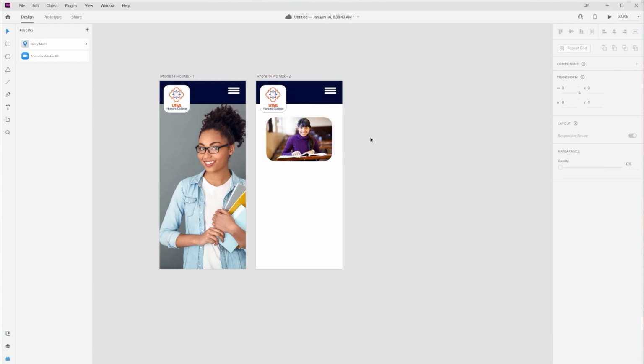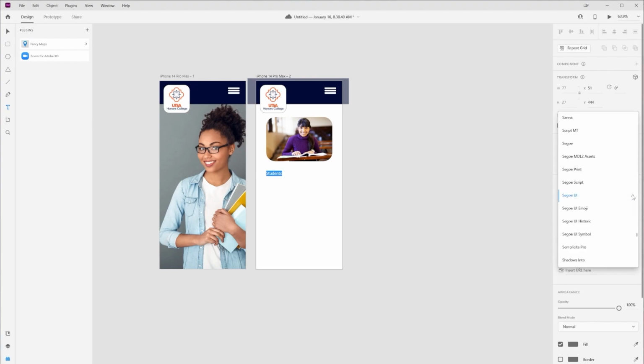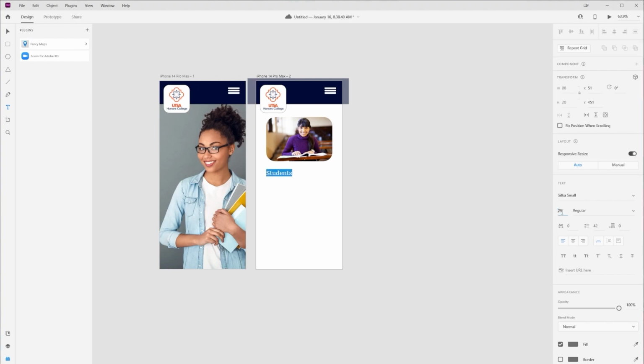So I'm going to do that. And let's add in a little type. Now I'm going to go to the text tool, come in here, and maybe I'm going to type, let's say, students. And I can select that type. Come over here to the side, I have my font options. All of our options come up right over here. So if I want to choose something different, I can choose that. I can use the up and down arrows. So if I wanted to make this larger, I'm just using the up arrow on my keyboard to make that larger. And then I can move that around.